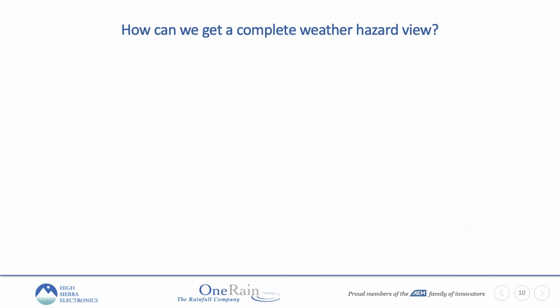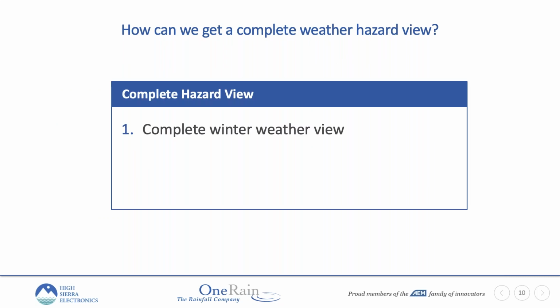So, how can we get this complete weather hazard view? I mentioned we often just focus on the winter weather when we talk about road weather. Well, the first thing is we're actually not getting a complete winter weather view, and we'll spend some time talking about that. It's not just the number of hazards, but also getting a complete magnitude and spatial understanding of how a winter storm is unfolding,